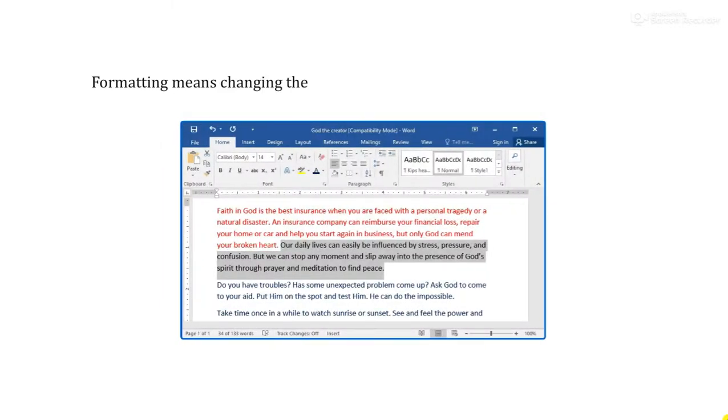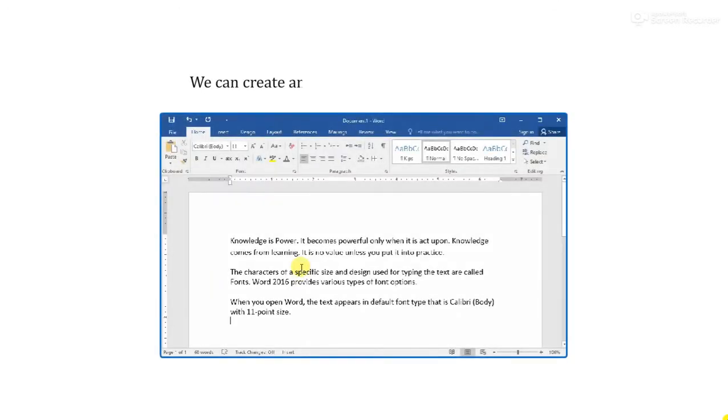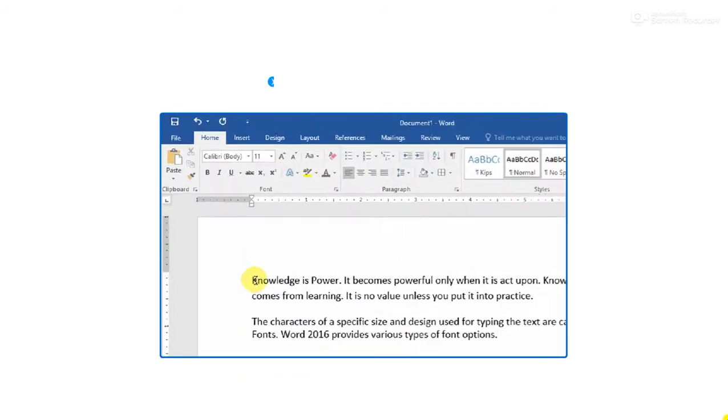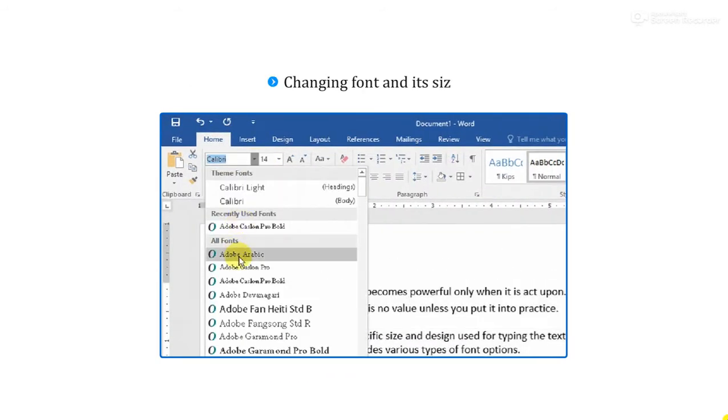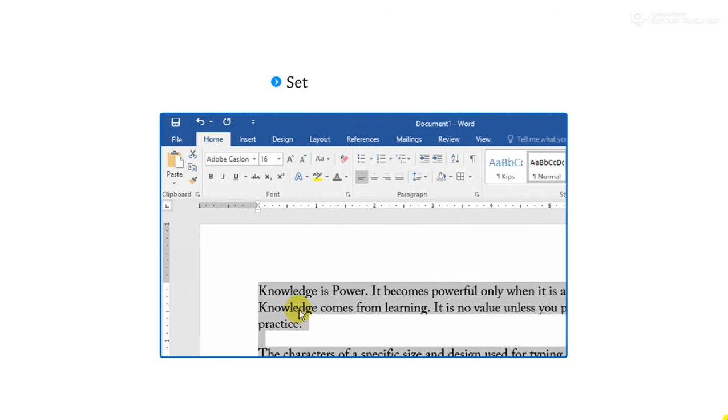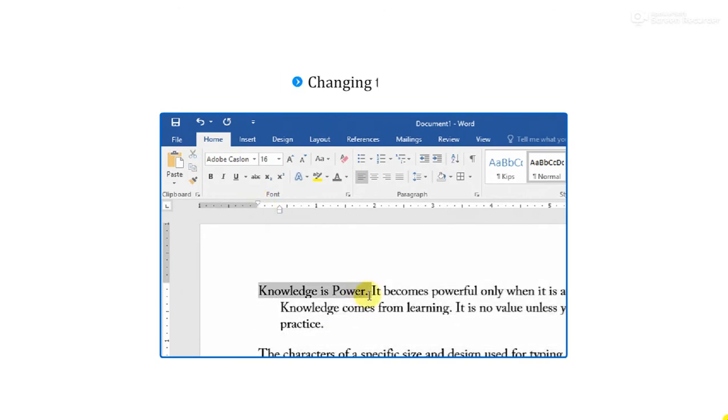Formatting means changing the appearance of a document to make it attractive. We can create and design appealing documents by changing font and its size, setting margins and tabs, changing text case,